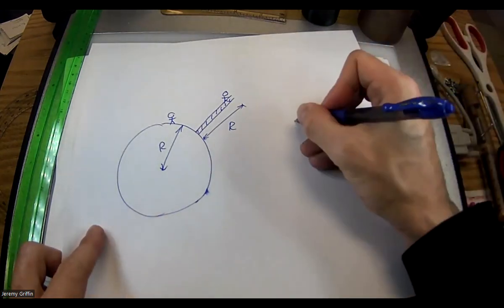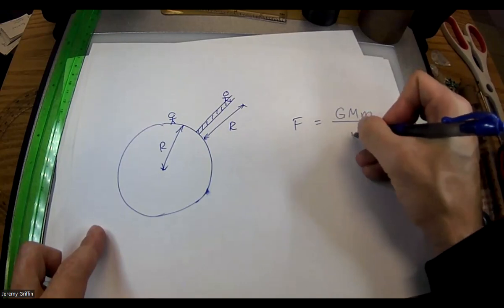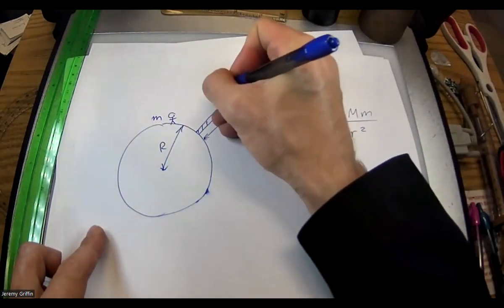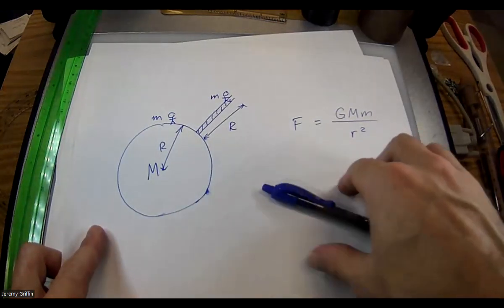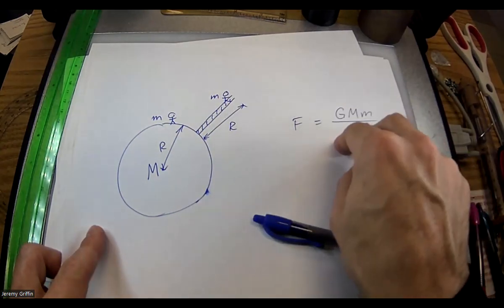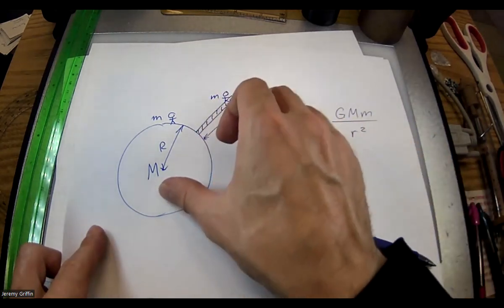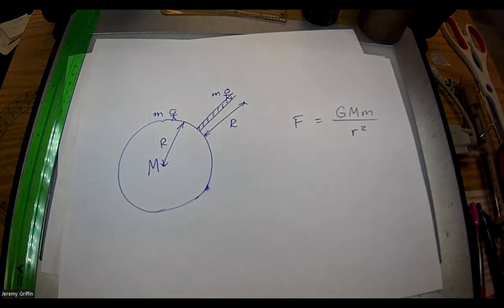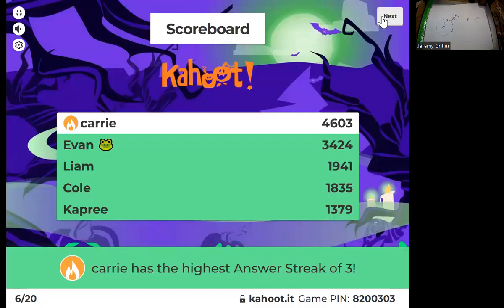And if your weight is of course a gravity force, which is like this, here's your mass, here's the mass of the planet. If you double that distance, double squared is 4, divided by 4, so you have a quarter of the force. Let's check this out. So inverse square relationship: if you double the distance, you get a quarter of the force.